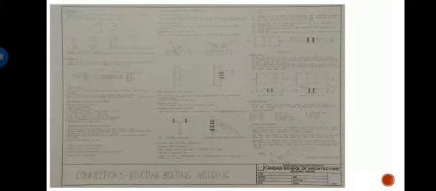Coming to the third classification, that is on the basis of force mechanism, that is bearing type connection, friction type connection. Types of bolted joints. There are lap joints, butt joints. Under butt joints there are two types, that is single cover butt and double cover butt. Coming to the third topic, that is welding. Process in which two structural members are joined by means of welds. The connection that is formed is known as welded connection. There are different types of welding, that is plug weld, slot weld, spot weld, flat weld, etc.